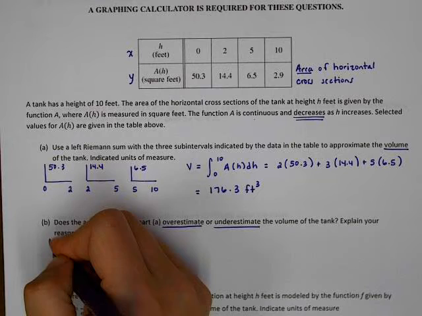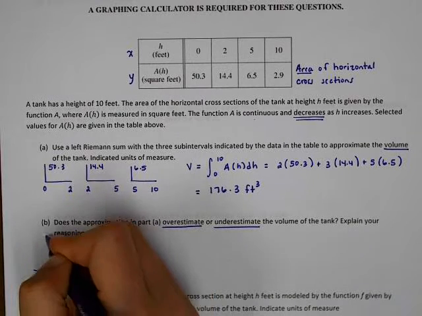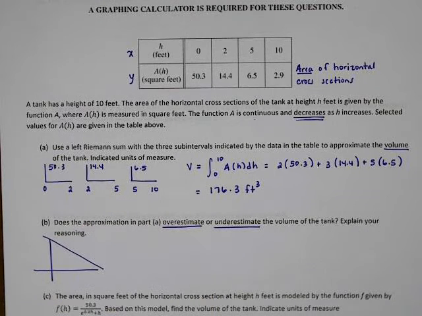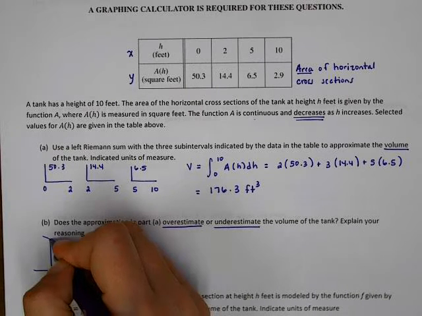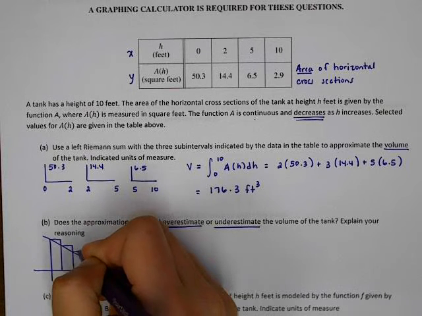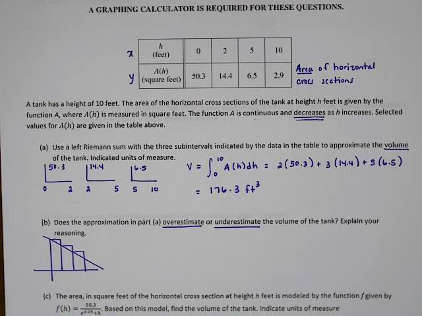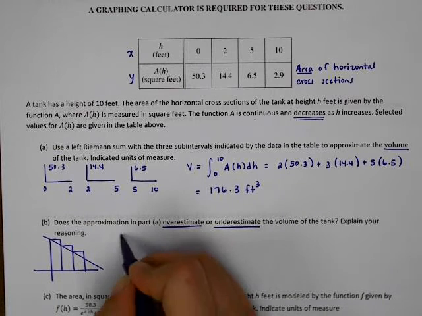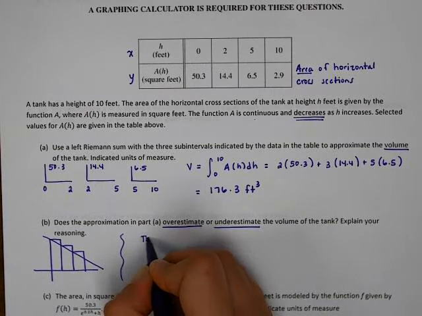So I'm going to picture a graph that is decreasing. Now, if this graph is decreasing and I use the left side to make the heights of my rectangles, what I can do here is visualize that all of those rectangles would be too large. So I would say that the estimate